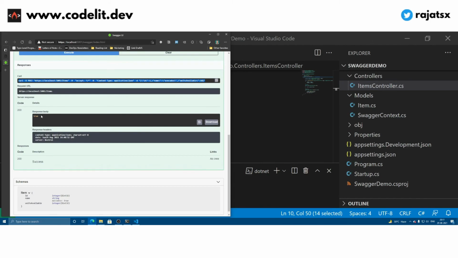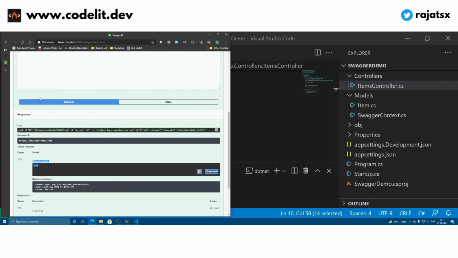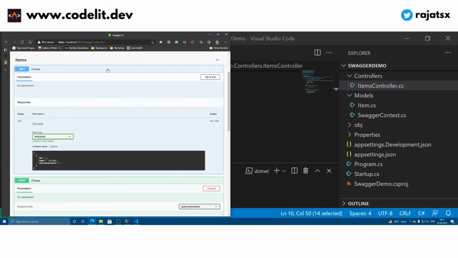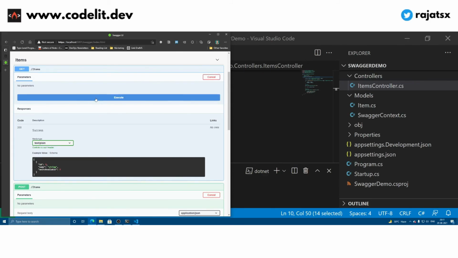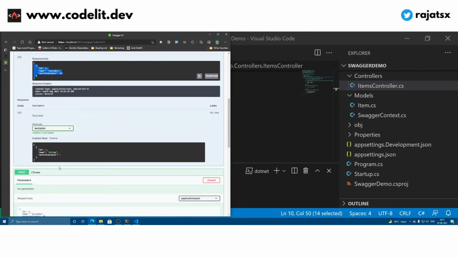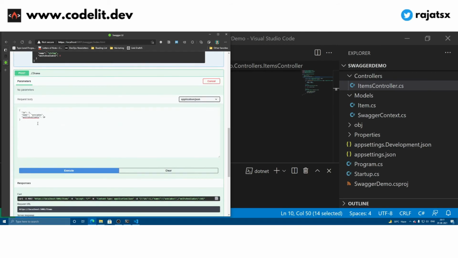Okay, and it has gotten a successful response because we have set up everything using the in-memory database. So hopefully our database has stored this avocados entry, right? So now we can again visit the get route and try it out and execute it, and now we have gotten a non-blank array containing one item and that is the exact item which we have just created using the post request.